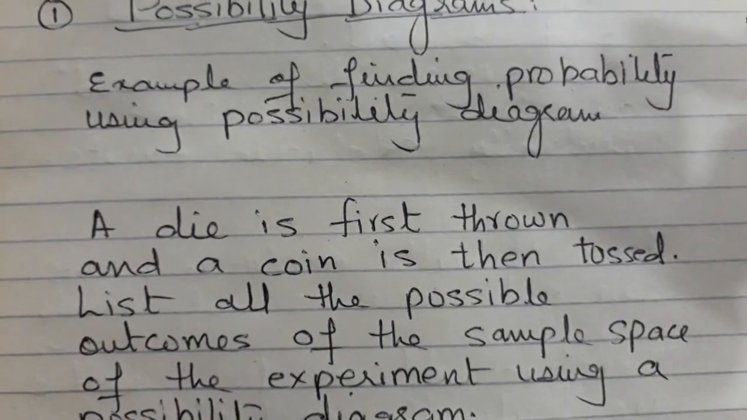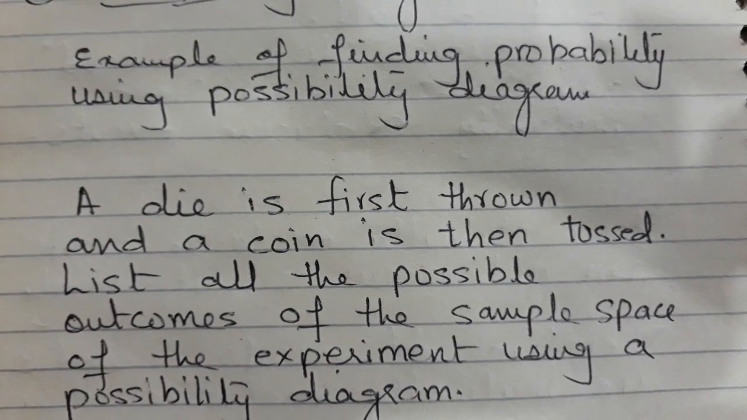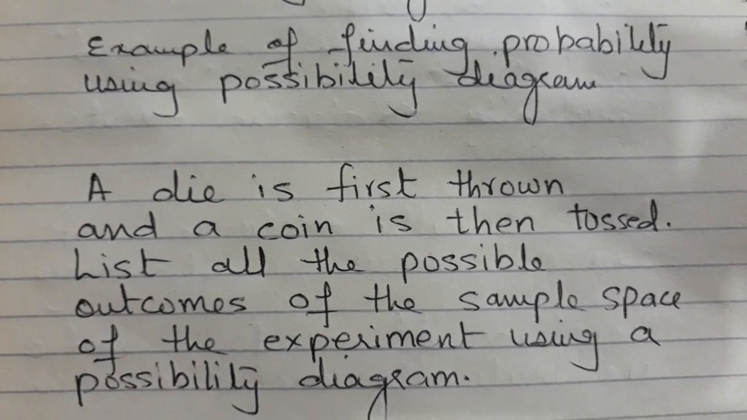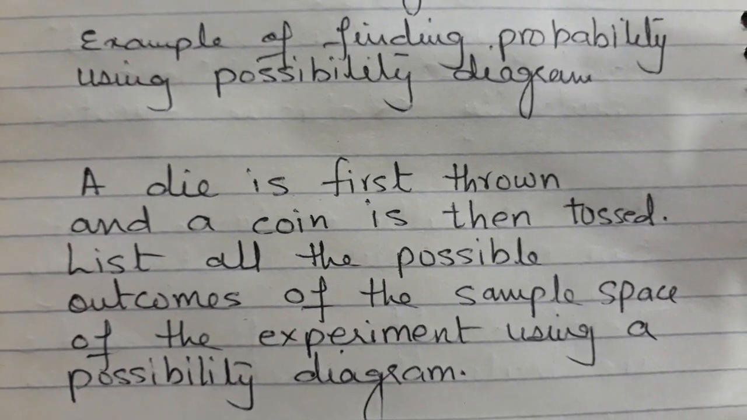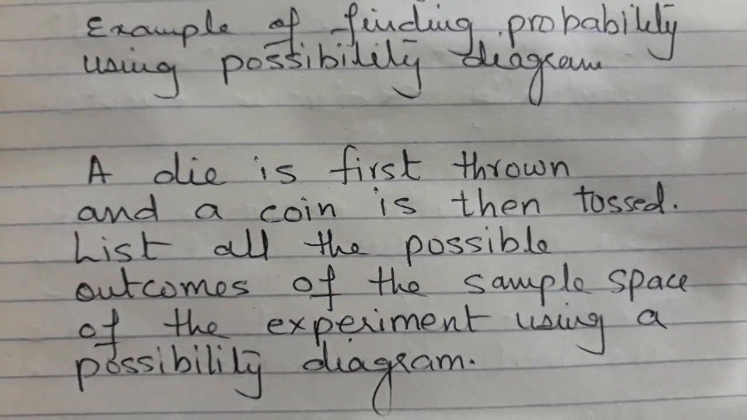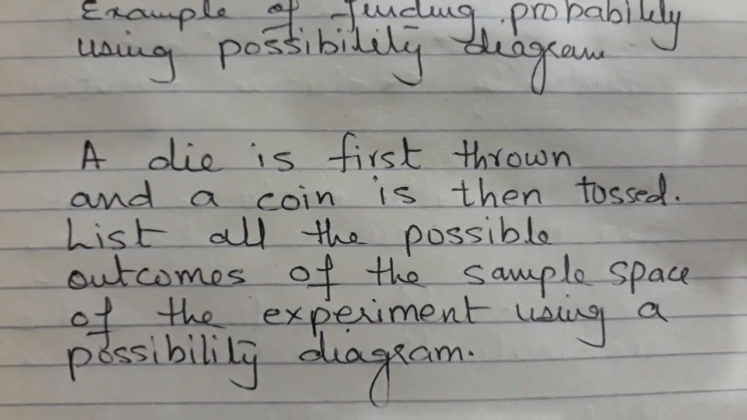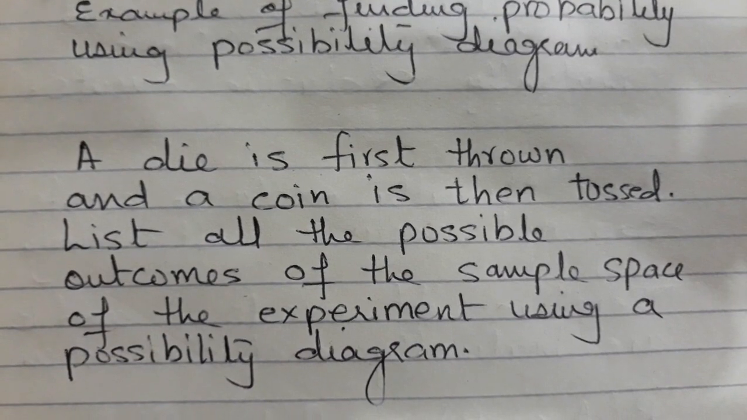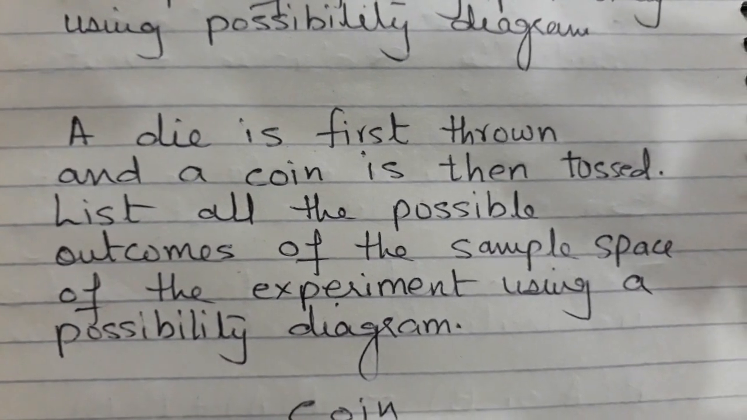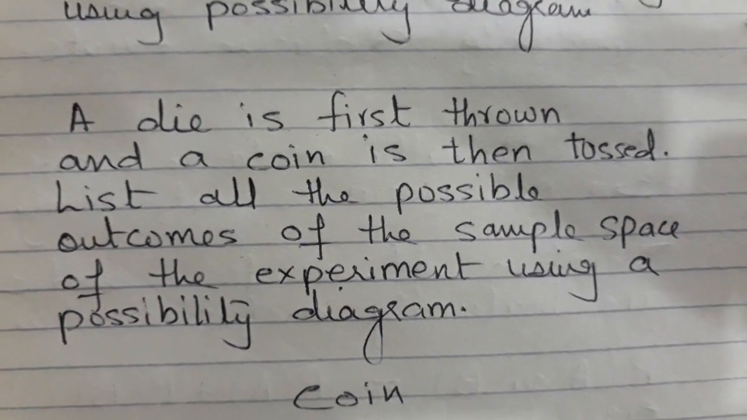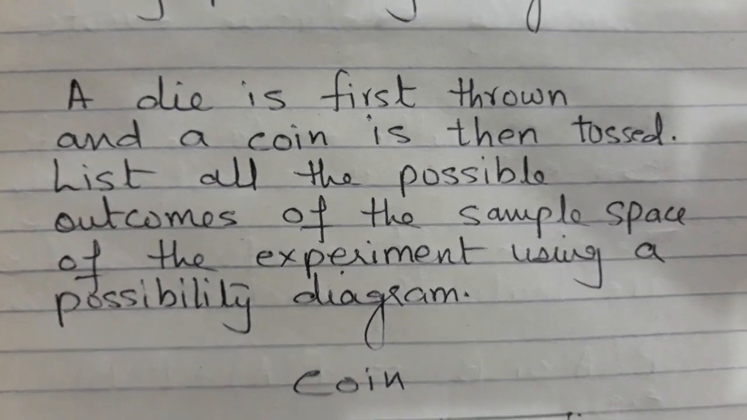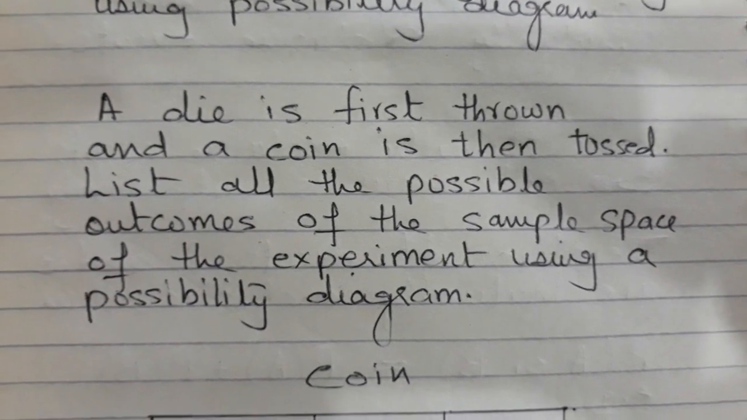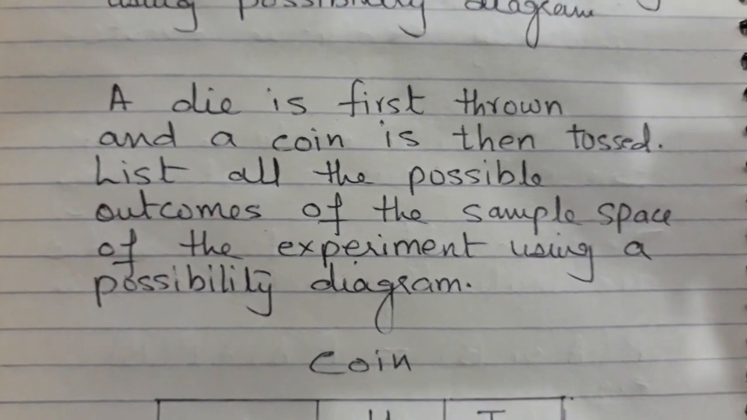So suppose there is a die in the first row and then a coin. So first you are throwing a die and then you are tossing a coin, and you have to list all the possible outcomes of the sample space. If you remember, sample space means total possible outcomes. So right now we have to list down all the possible outcomes if I am throwing a die first and then tossing a coin. So I can do it mentally, but to avoid any mistake,